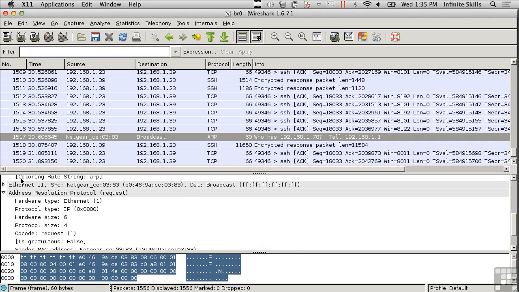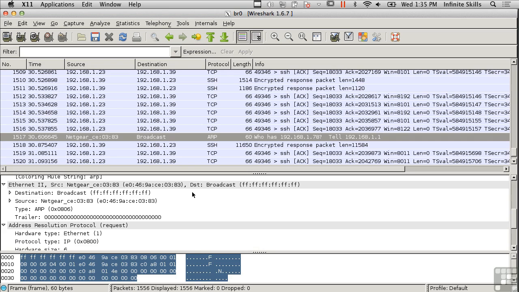Now I'm going to go to the layer 2 header here, and you can see it's a destination of a broadcast address. So basically this message was sent out to everyone on the local network. So it's done a broadcast, and the source is a Netgear device by the look of it. And the reason we know that is because Wireshark pulled apart the hardware address that's there at the end of the source line, and it says